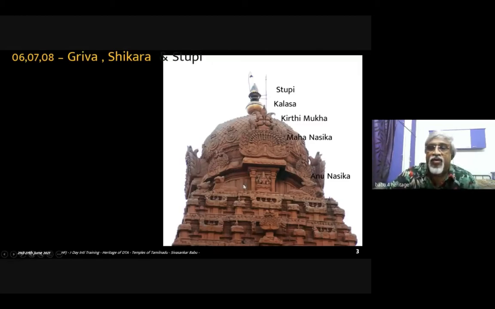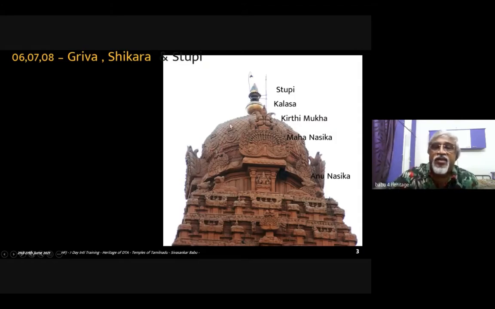This is an example from the biggest Vimana in South India, the Brihadeeswara or Rajarajeswara temple in Tanjavur. There are so many stories about this temple and this Shikara. People say that this is one single stone, 80 tons in weight, and that it was rolled up either through a slope or through a helical circular pathway. But researchers, or people who have been there, say that it is like an orange fruit.